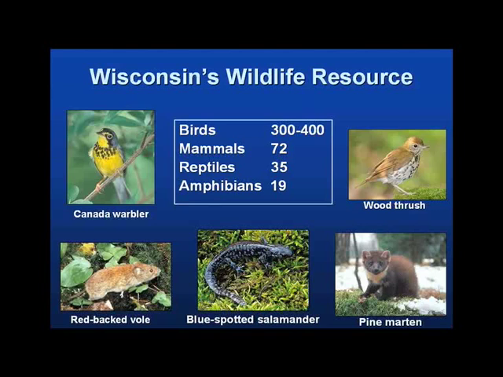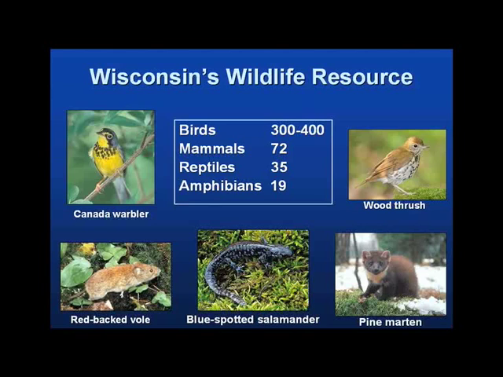So why the range? Well, birds migrate. On the lower end of that range are resident birds that are here year-round, and in fact about 225 or so birds are here year-round and actually nest in Wisconsin. Some of the birds included in that 400 are the migratory birds that are simply